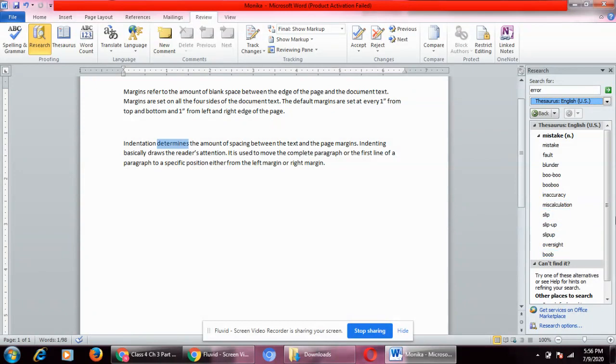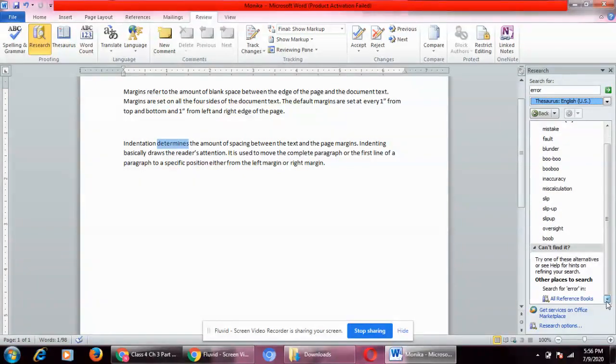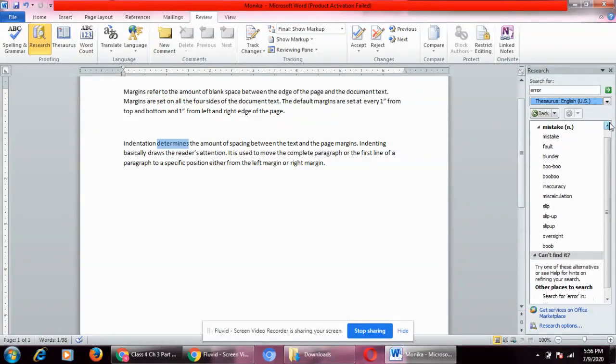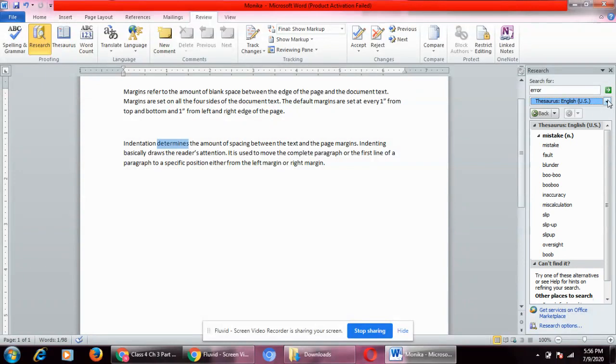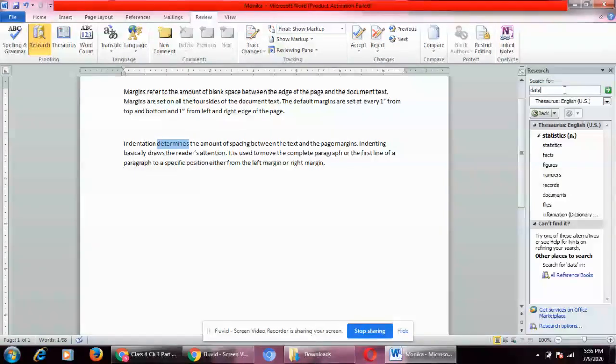These are all the different synonyms. Let's find out the synonyms of data: statistics, facts, figures, numbers, records, documents, files, information. These are all the synonyms of data.